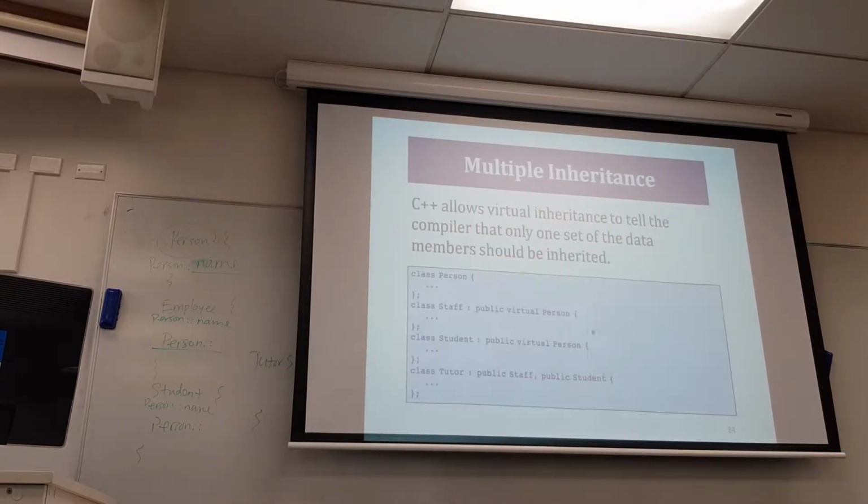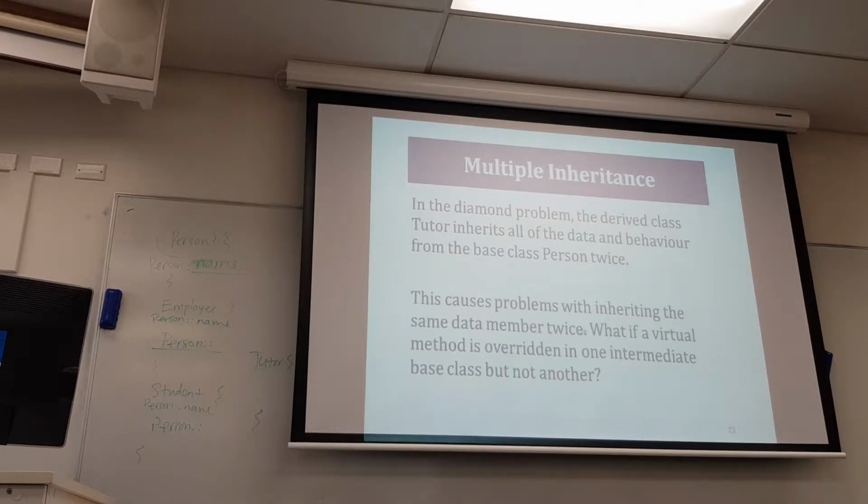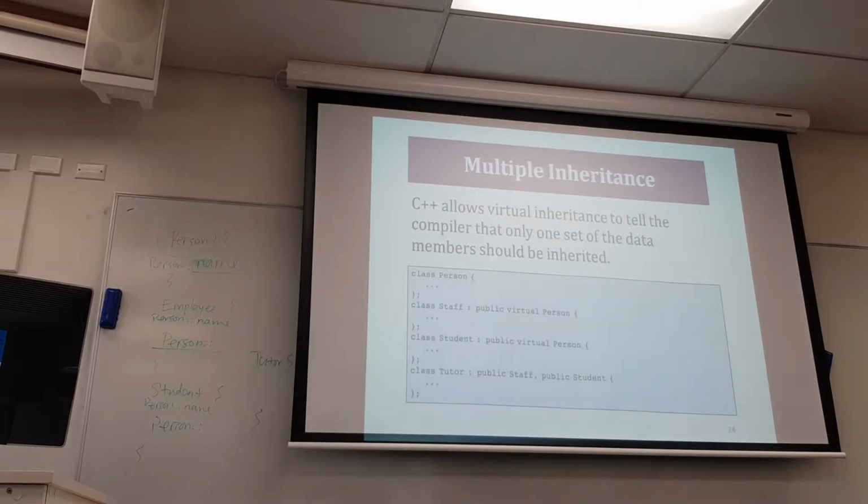So that answers this question: what if the virtual method is overwritten in one intermediate base class but not the other? The fact that it's not overwritten in the other class doesn't mean that that other class doesn't have the function. It just simply has the same function. So this is basically a tricky question. Right, so same thing that you've seen in my code,